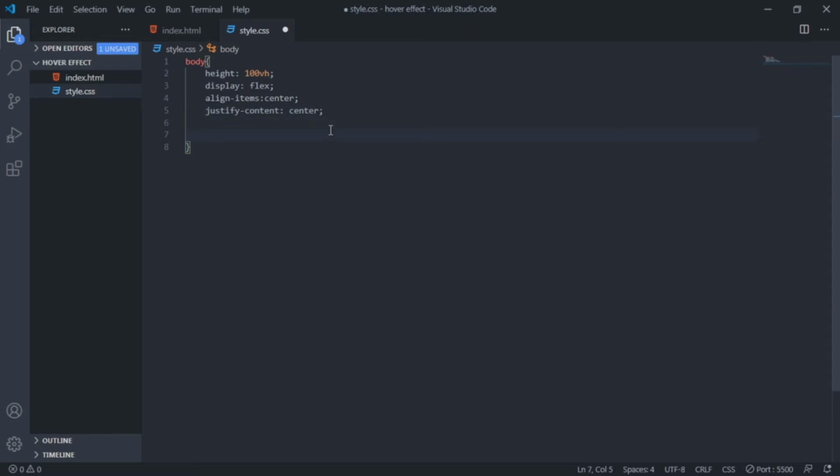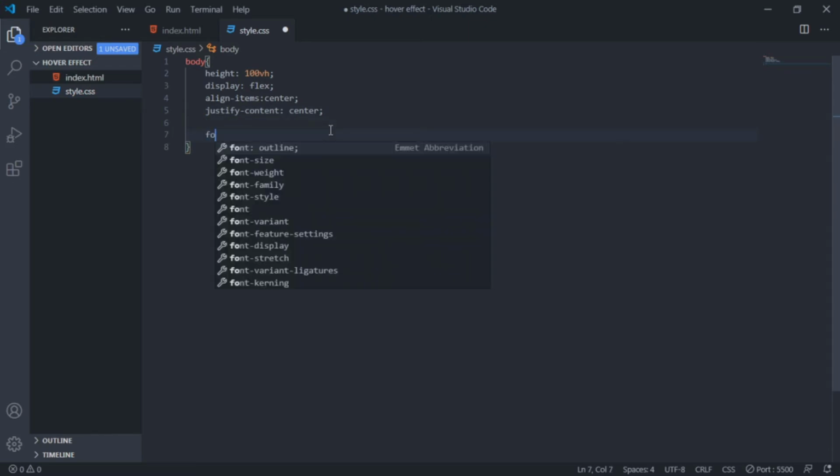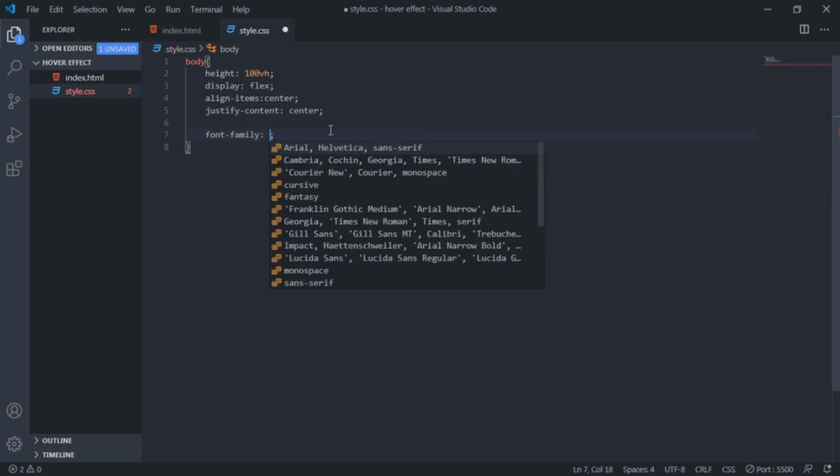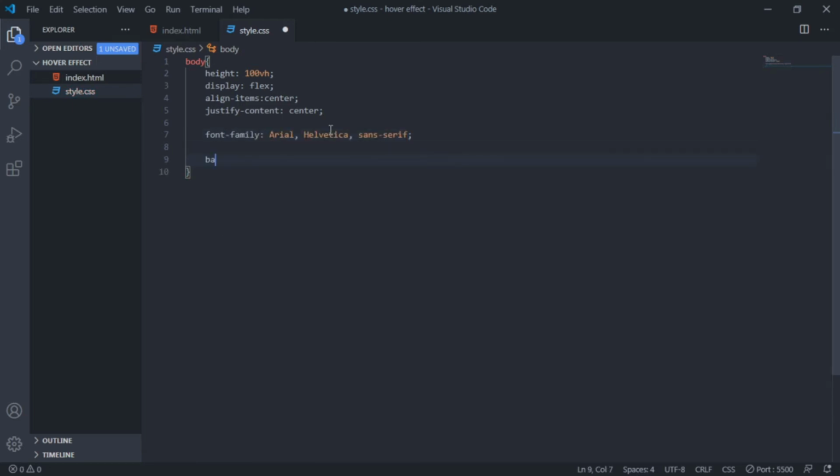And I will set the font family to Arial and the background to radial gradient ellipse at bottom with these two colors